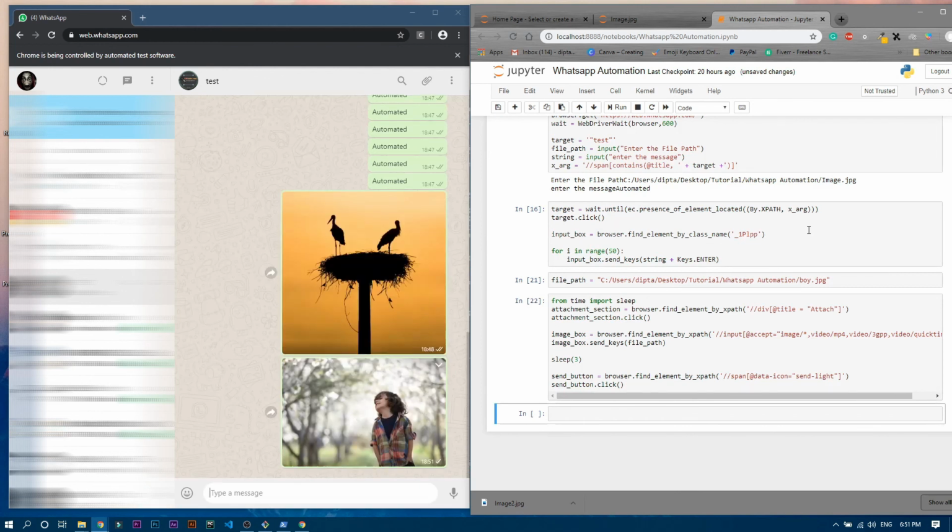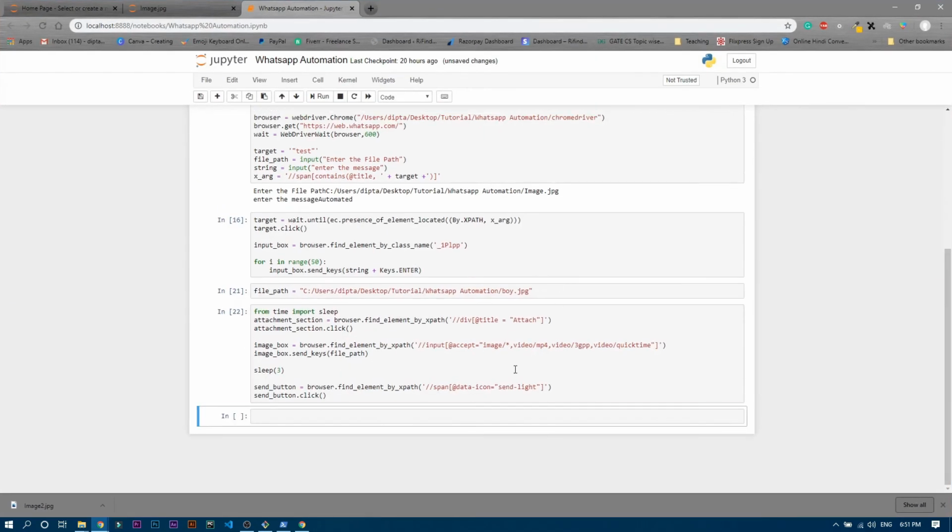So in this way you can send photos or videos using Selenium, and you can automate the whole WhatsApp, right? And you can obviously ask for the path, the message, the user which you want to send to, and all using the input method. Okay, so this is the actual code. You can see that code, and this is also available in my GitHub profile. You can go to my GitHub profile, and from there you can download these files as well. Okay.